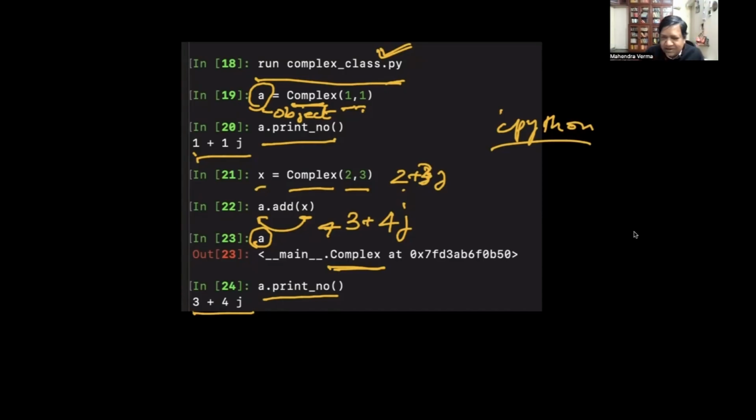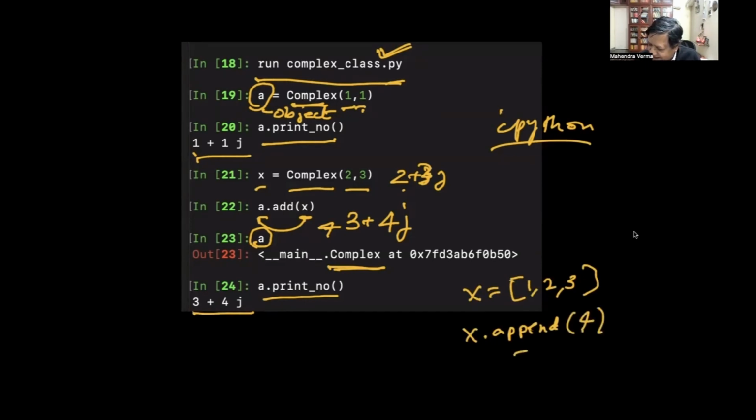So in Python, the list is an object. You create a list, x equal to 1, 2, 3. Then you say x dot append 4. So what happens? After this, x becomes 1, 2, 3, 4. So append is a function associated with the list.